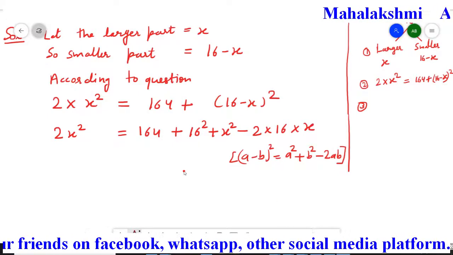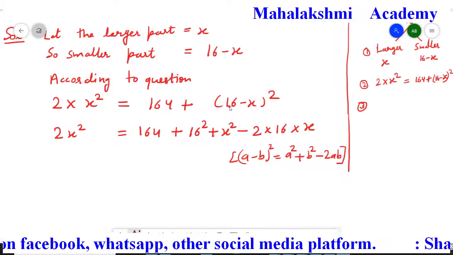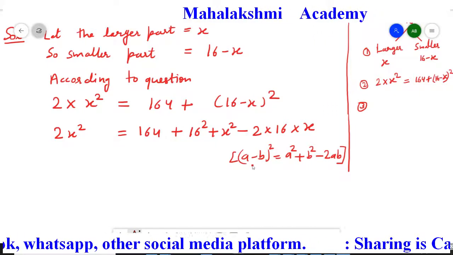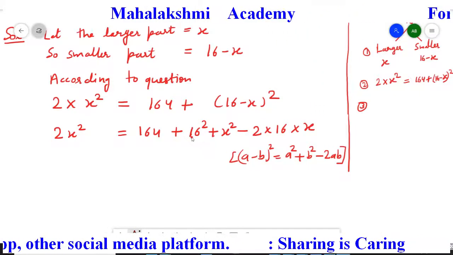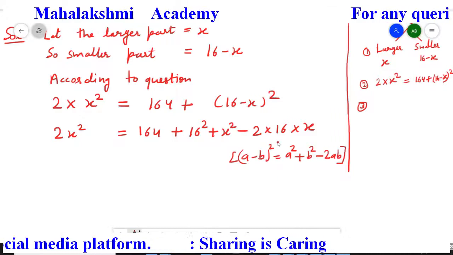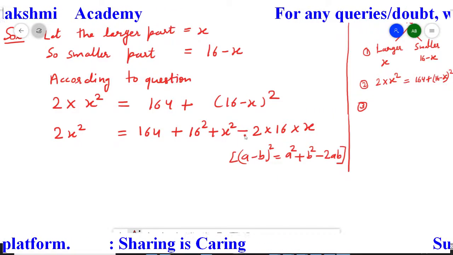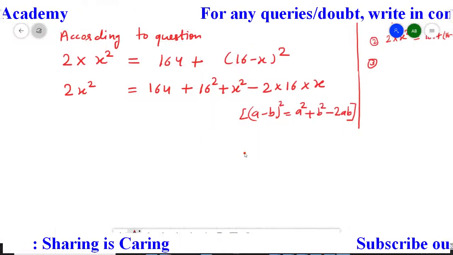So here we have to open this bracket, that is (16 minus x) square, which is in the form of (a minus b) whole square. So it's a square plus b square minus 2ab. Now we'll simplify it in the next step. So we'll get like this,